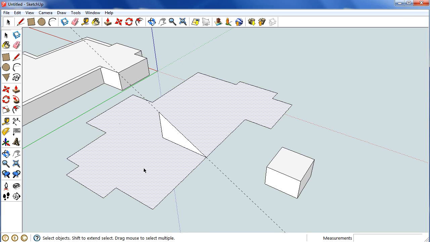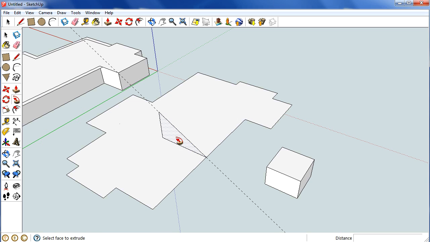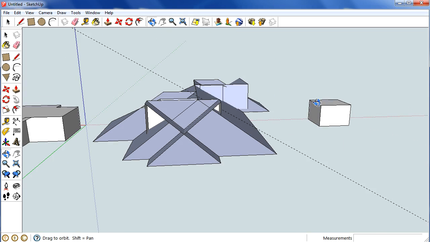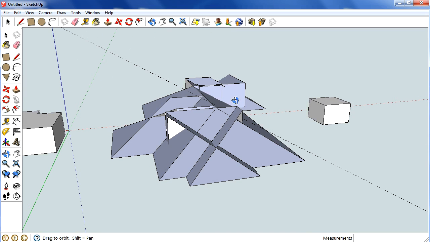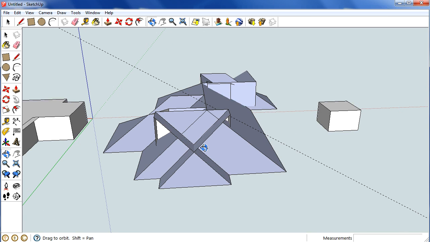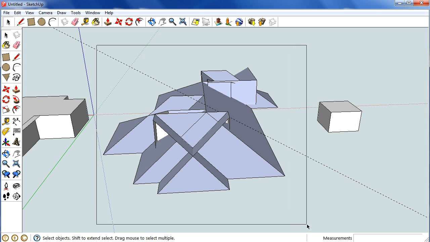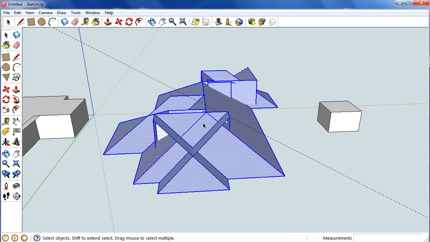Once that's complete, you can hit spacebar, select the main part of the roof, hit the follow me tool, and click on your little triangle, and you should have pretty much your roof. Now we've got extra bits that we don't need. We want to delete them, get rid of them, but if we get rid of them at the second, it's going to delete that whole face. So what we do is we